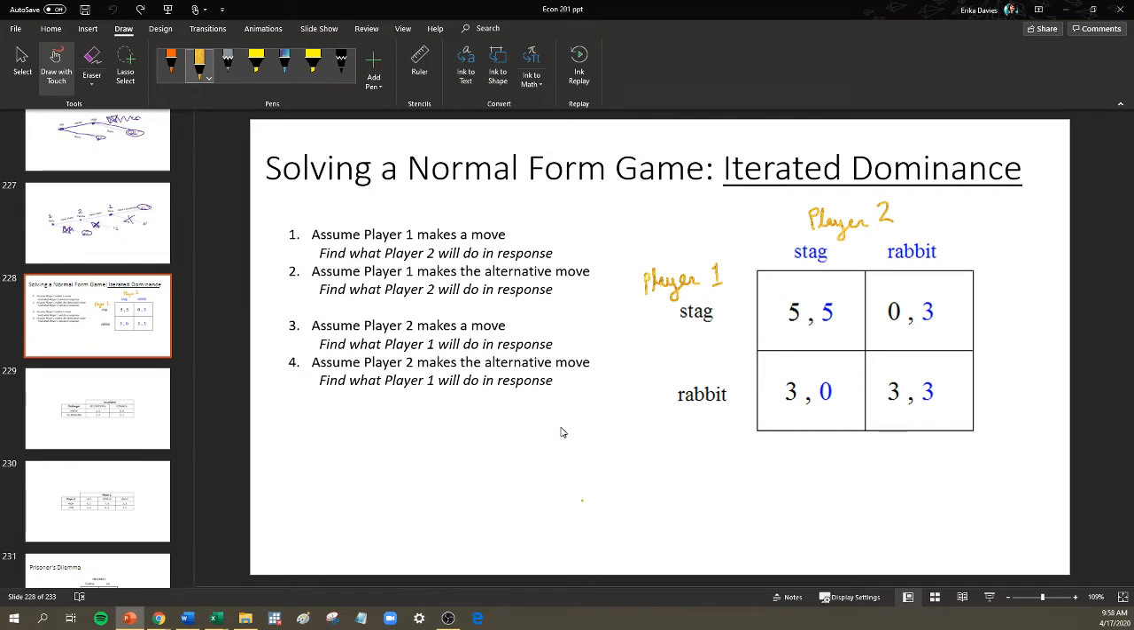So let's solve this with iterated dominance. The first thing we're going to do is we're going to have to assume a starting point. All these things are happening simultaneously. We're just going to have to put a pause in this instantaneous gameplay, and we're going to assume that player 1 makes one of the 2 moves available. So assume player 1 makes a move. I'm going to assume that player 1 decides to chase the stag. So if player 1 is definitely going to decide to chase the stag,